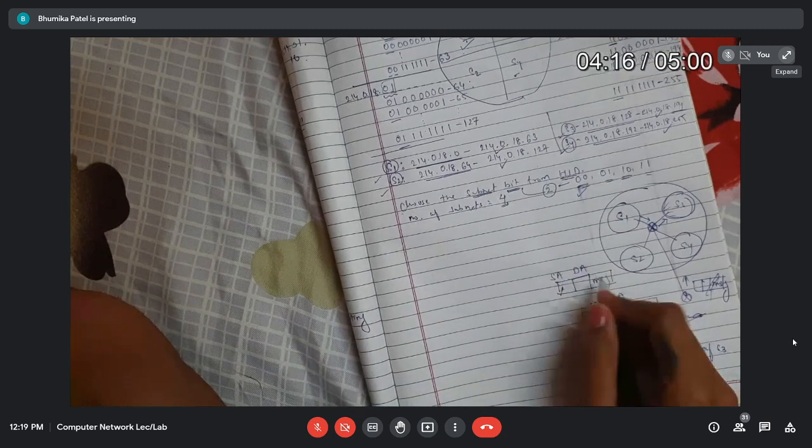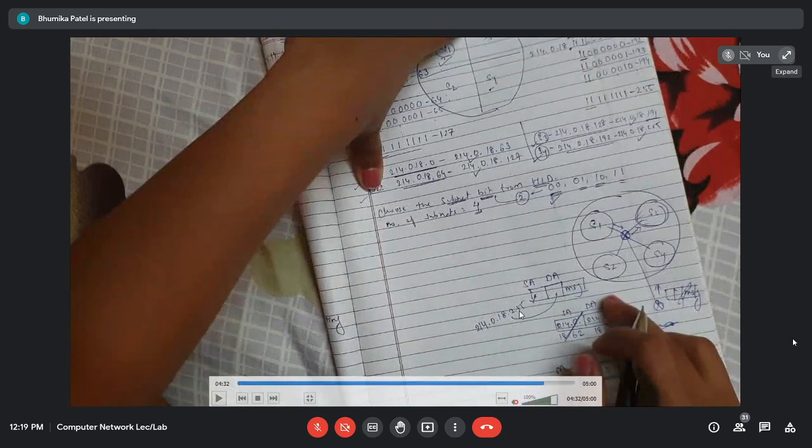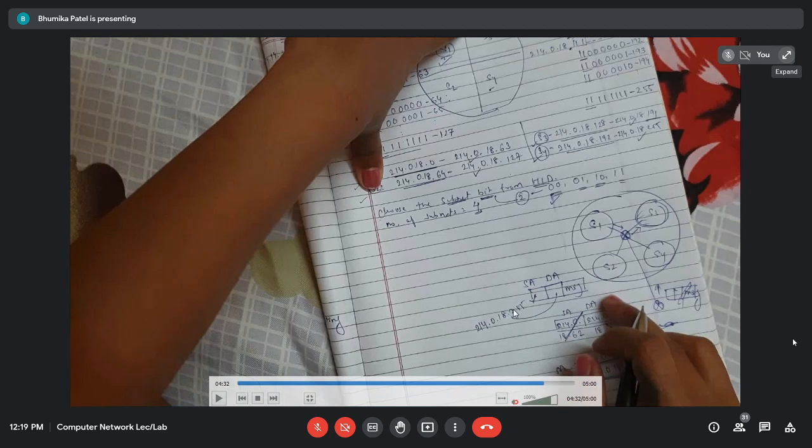But if, for example, the destination IP address here is 255, as we know, this 255 represents the directed broadcast address for the entire network. If I have not performed the subnetting, then this 255 represents the directed broadcast address for the entire network. That means all the 256 devices will receive this message, because the outsider or external router is not aware that this network is divided. So all the devices within the entire network, subnet 1, subnet 2, subnet 3, subnet 4,